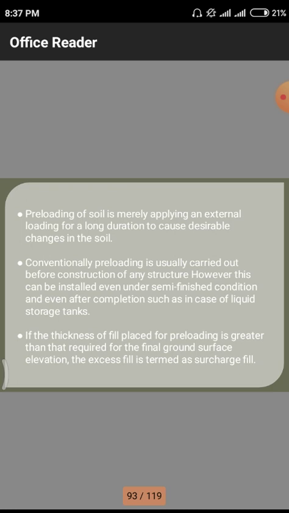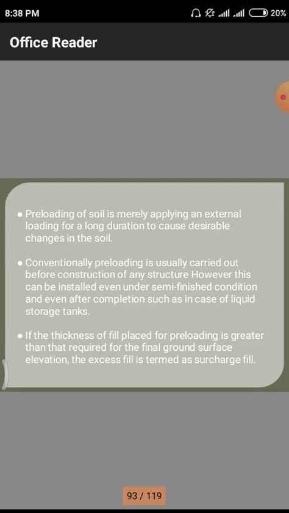But in case of the preloading technique, we need to apply loading patterns for a huge span of time to attain the desirable changes in the soil. That means we have to wait for a particular span of time. The span of time is decided depending upon the properties of the soil, temperature conditions, the groundwater table level, the surrounding water content of the soils, and other local parameters that influence these preloading techniques, so we have to wait for a large span of time.